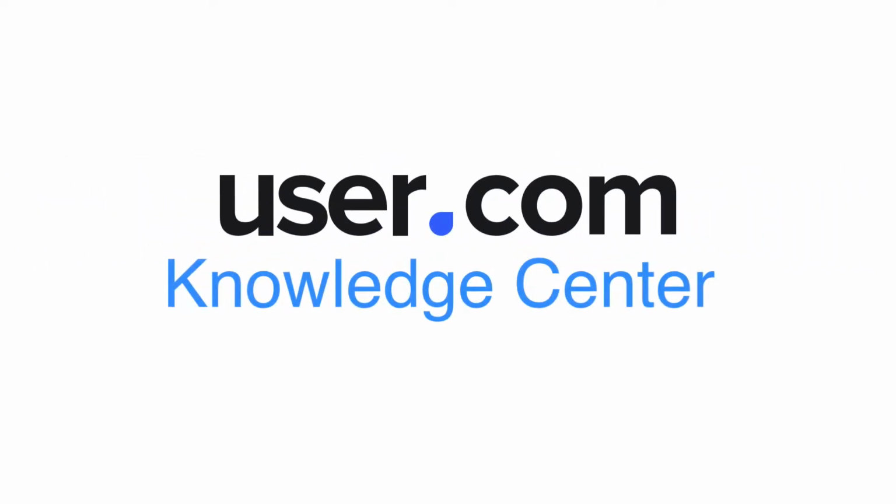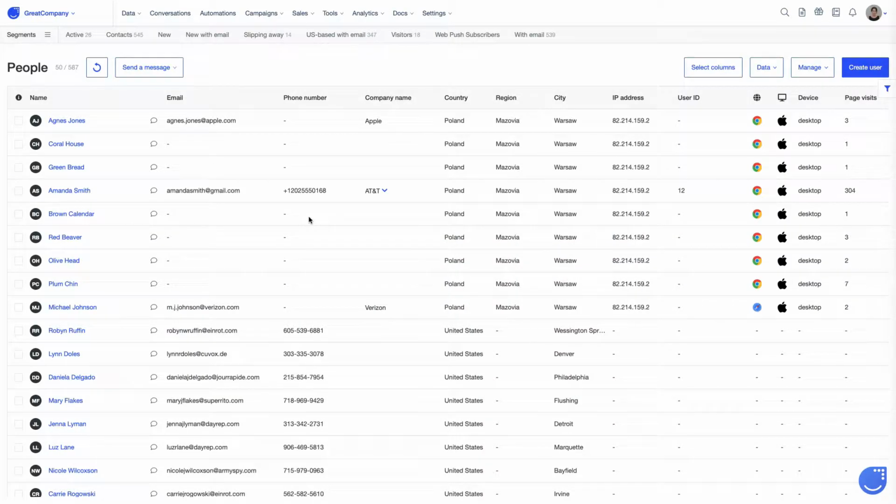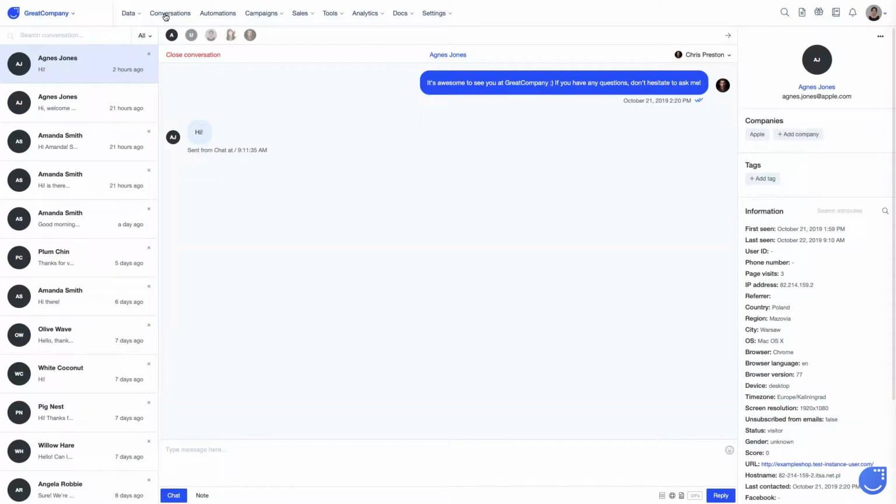Let's now see how managing the conversations looks like from a support agent's perspective. You can always access all conversations that have ever occurred on your website by going to the Conversation section. Here, on the left-hand side, we see the full history of all conversations, sorted by time, and with most recent